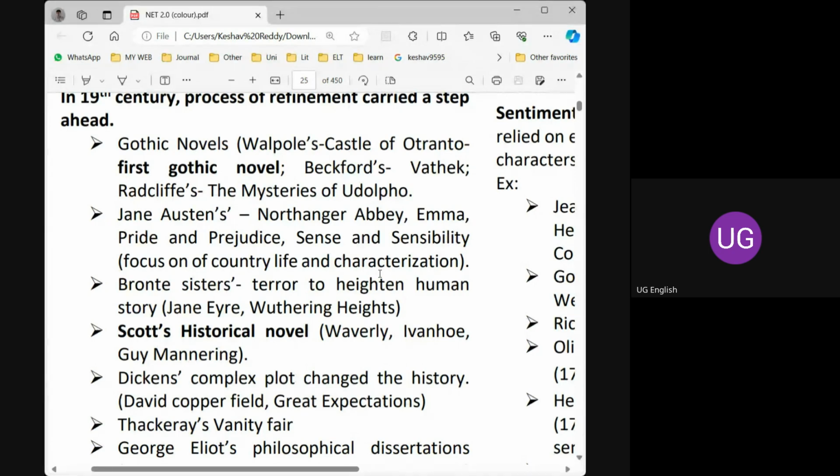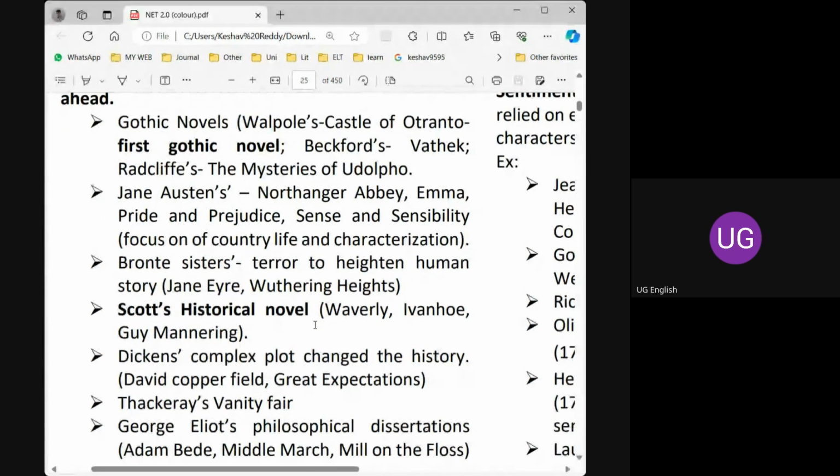And Jane Austen's works were discussed, and the Bronte sisters' work, Jane Eyre. And I also gave a reference to this particular work, Jane Eyre. If you remember, it's well and good. That is a famous work in criticism. Even Ravindra Sir has given an introduction to that work in his class. That is The Madwoman in the Attic. And the other work is Wide Sargasso Sea. These two were highlighted in the notes. Please go through it.